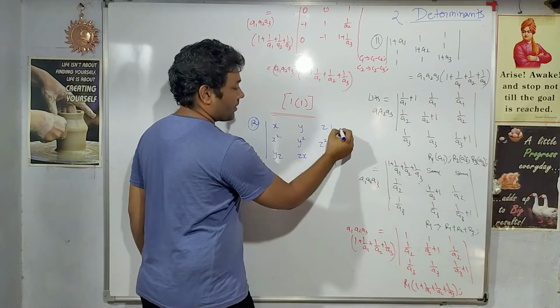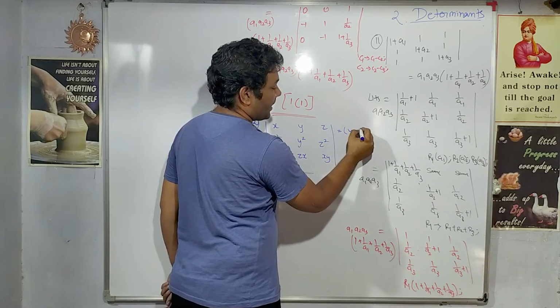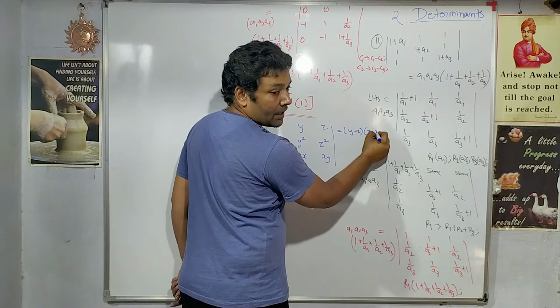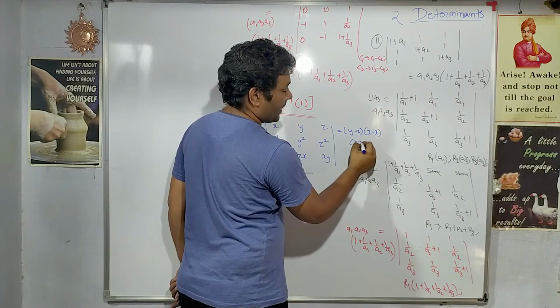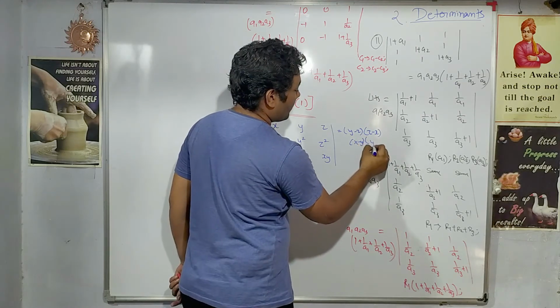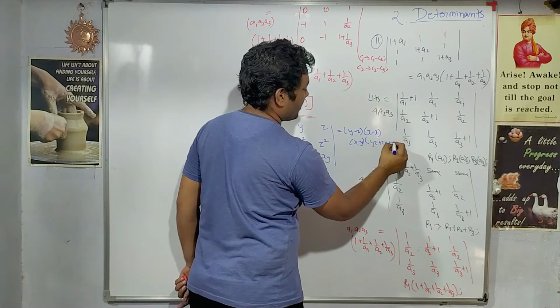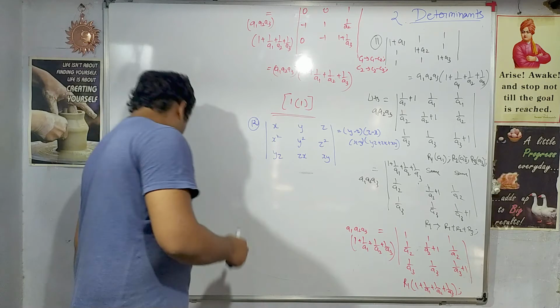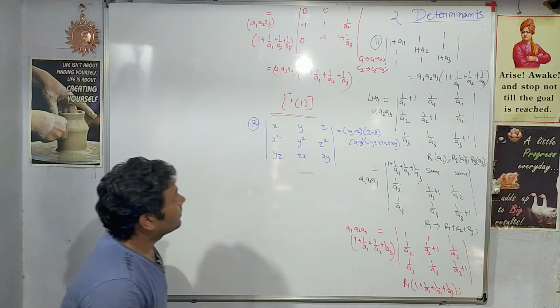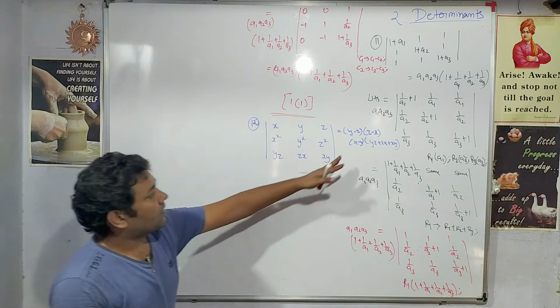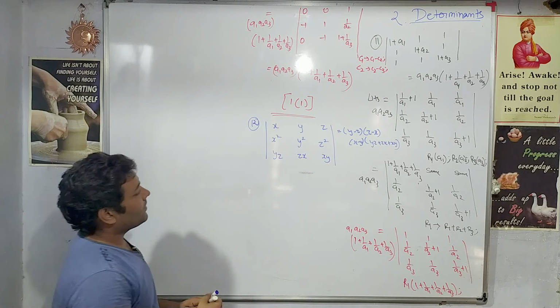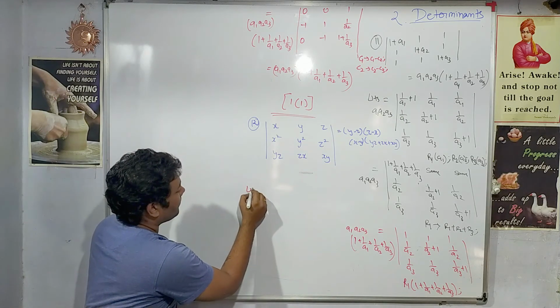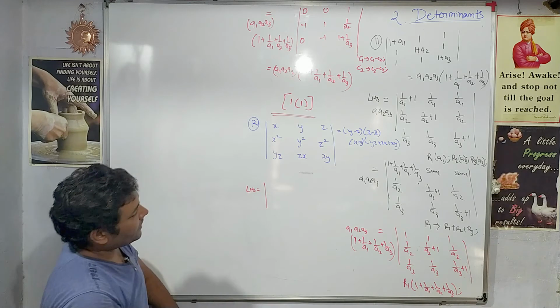So I am asked to prove that the determinant with rows y minus z, z minus x, x minus y and yz, zx, xy equals the given expression. This is what I am asked to prove. So again this should be an easy question, right? Keeping the right hand side in mind, I will start with the left hand side. And what operation can I carry out?